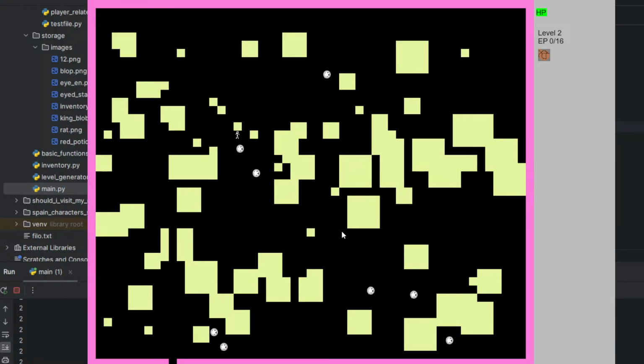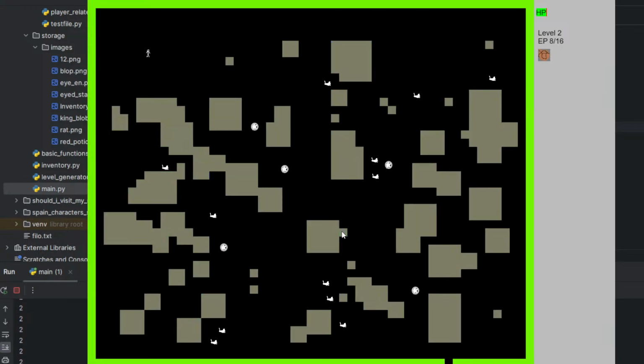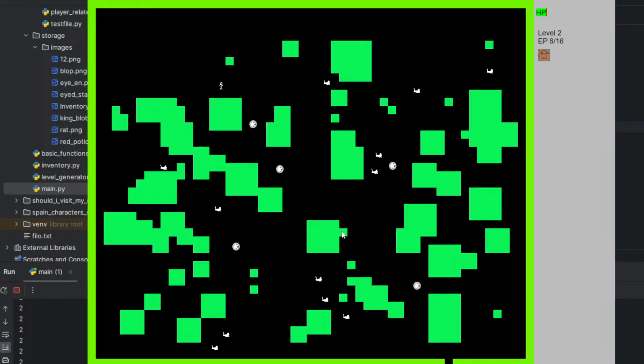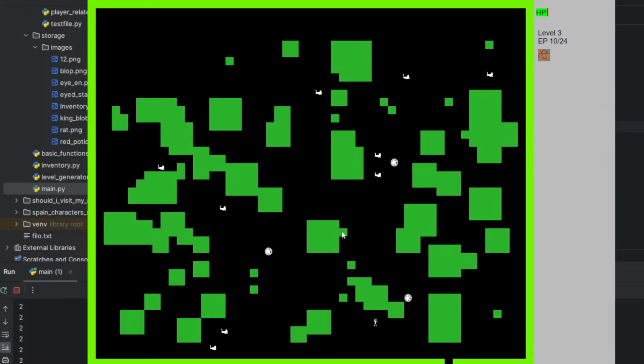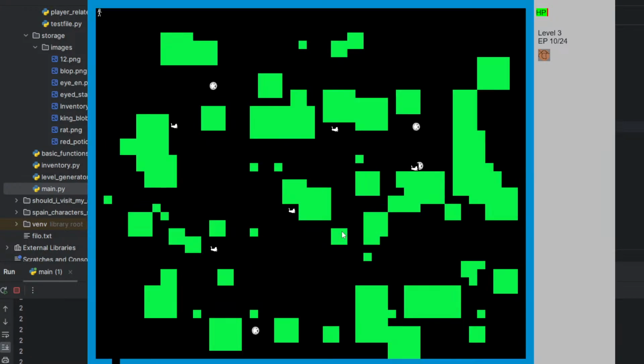We are level 2, but we got these low level enemy types, only the blob ones. Why am I doing this? I try to reach level 5 to see if we have new enemy types, to see if when we finally reach level 5 we can fight the Blob King, and if the effects are still working as they are supposed to. So yeah.